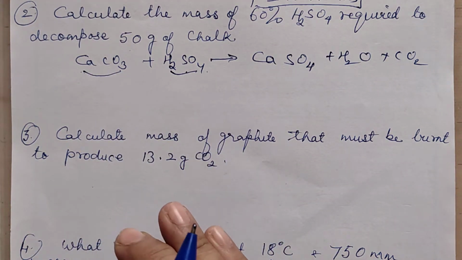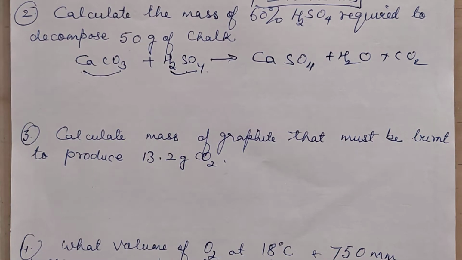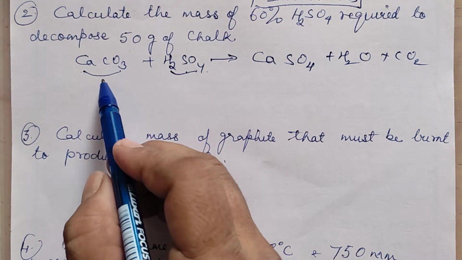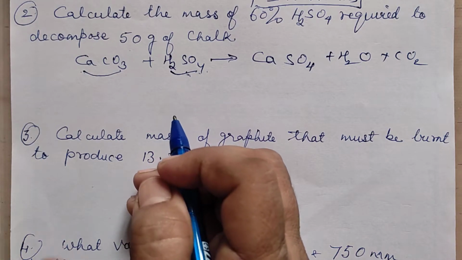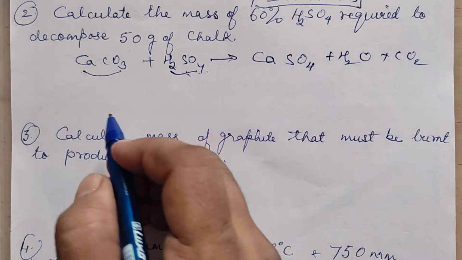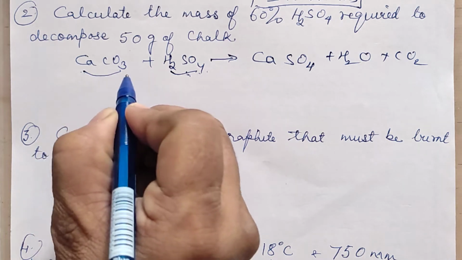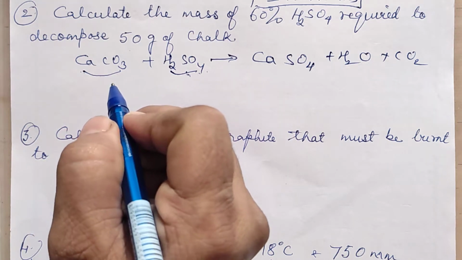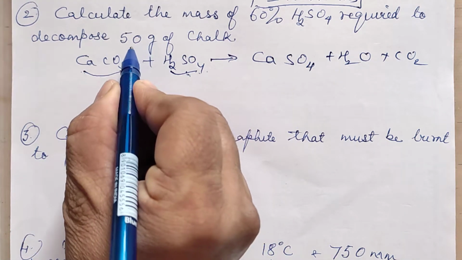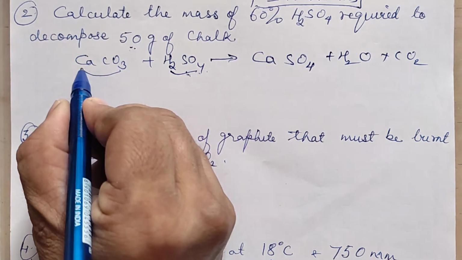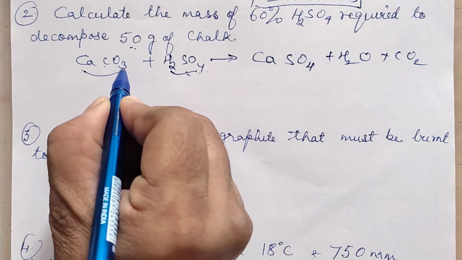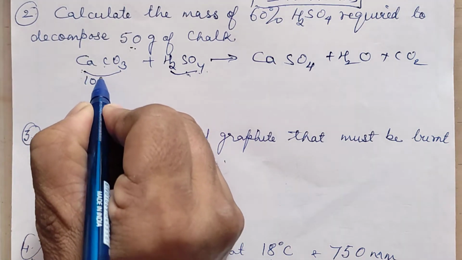So always first thing is you should be writing the stoichiometrically balanced equation. See in this one, both they are talking in terms of the reactants, but they are talking about the 2 species, that is for sure. What is the molecular mass of calcium carbonate? Now here we will not talk in terms of moles because they are writing grams of chalk. So we will calculate the molecular mass, that is 40 plus 12 plus 3 into 16, that is 100 gram.